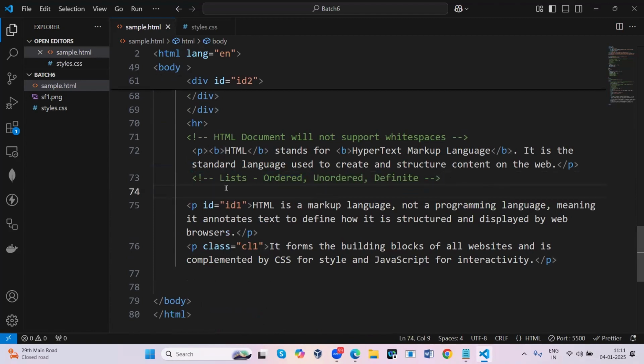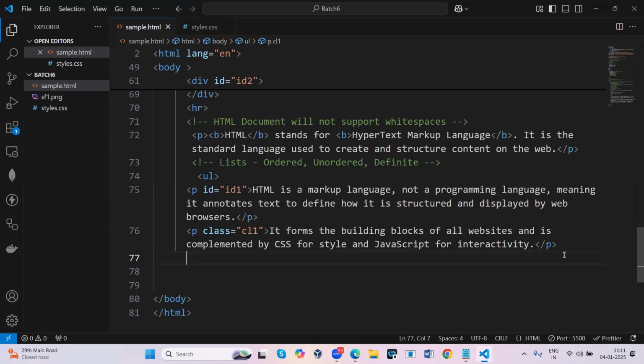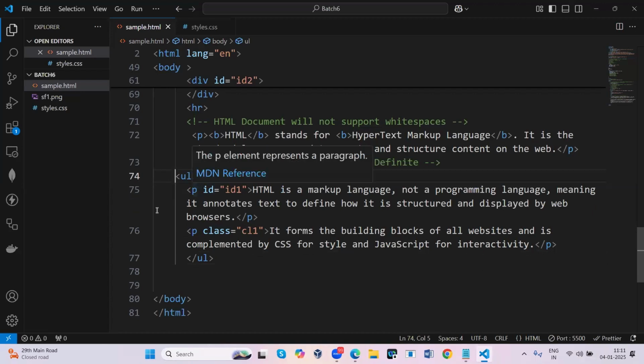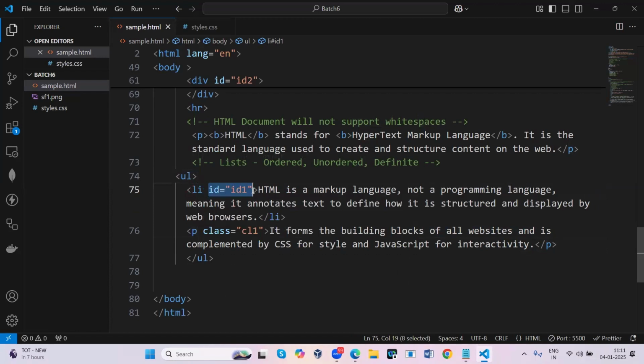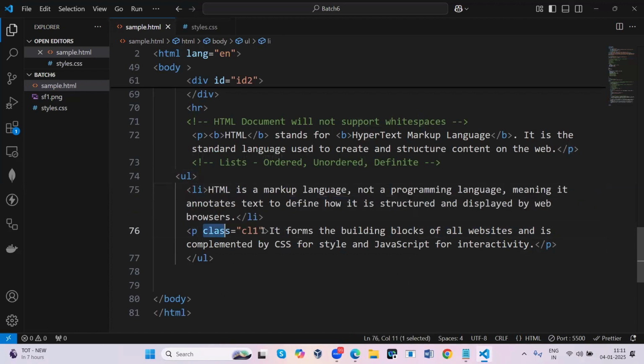For unordered list, you have to use a tag called UL tag. So I'm providing UL tags. UL tag is nothing but unordered list. By default, it will take a bullet symbol, like circles only. That is called bullet, disc shape. Now, whenever you are using the UL tags, instead of writing the paragraph, I want to place this text inside the li tag. You have to use li tags. I'm just removing all these stylings.